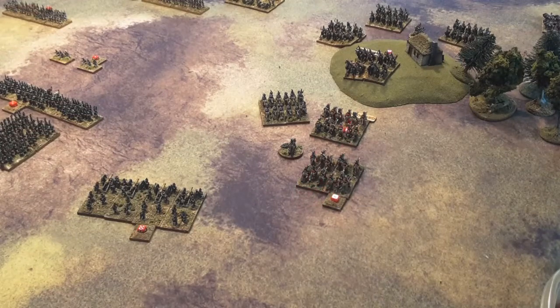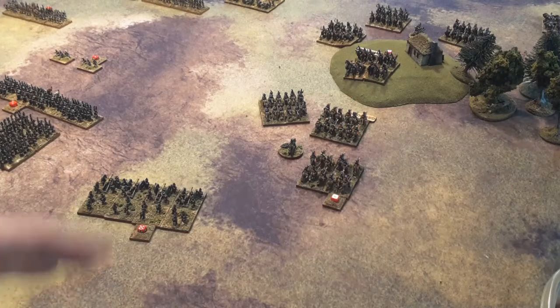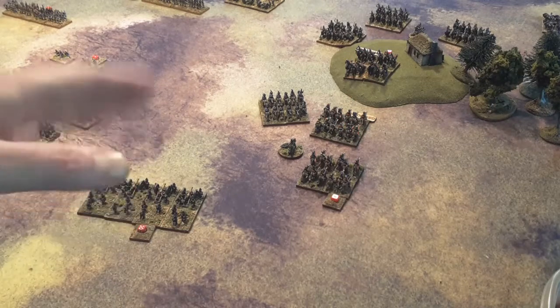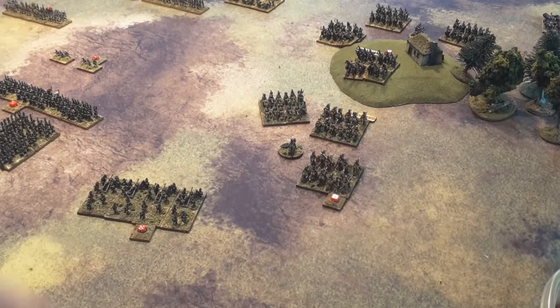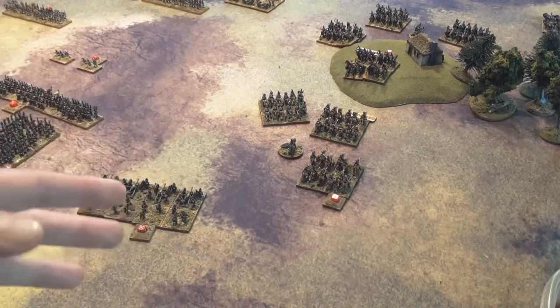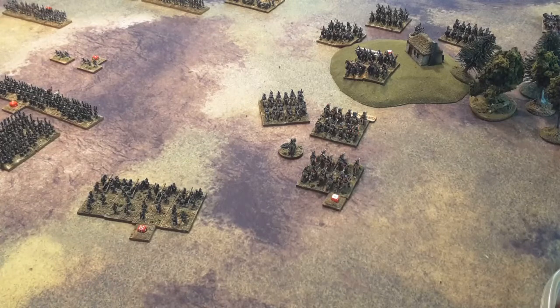One thing to also point out is these units that are unformed. During the movement portion of their turn, they can reform. Basically they remain in place and form up. Unformed prevents you from being effective with your fire, and it also prevents you from moving towards the enemy or charging, that kind of thing. So we want to get rid of those unformed markers for those units. This Cossack unit and this French Hussar unit need to reform, and I'll probably end up doing that. And also the French,